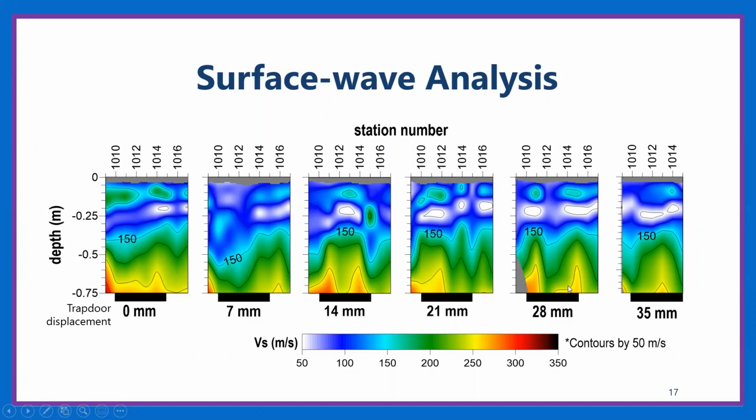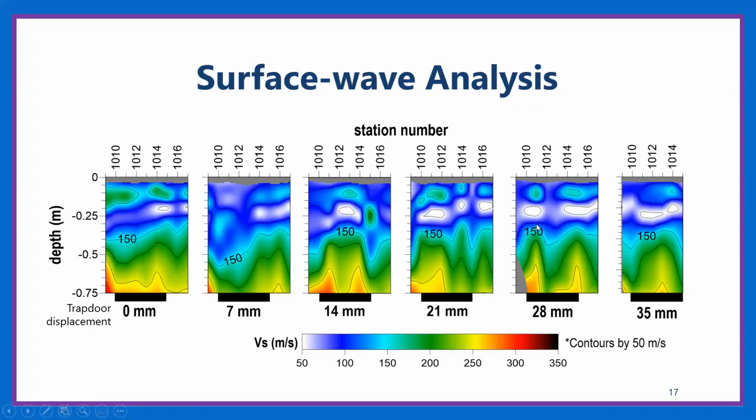Moving vertically downwards another 7 millimeters of the trapdoor. Now we don't really see a dome structure, but we do see high velocity at the corners themselves, just the corners, which is very interesting. And then finally, as we move another final 7 millimeters vertically downwards, we start to see that dome-like structure again that is about the lateral extent of the trapdoor, but the overall velocity of this dome-like feature has an overall